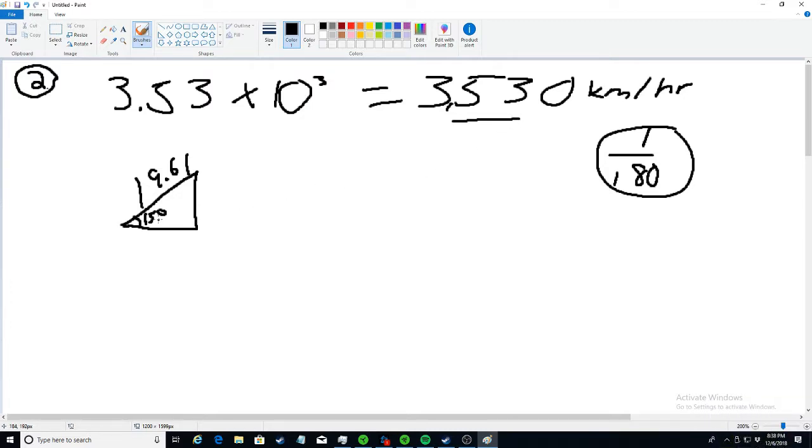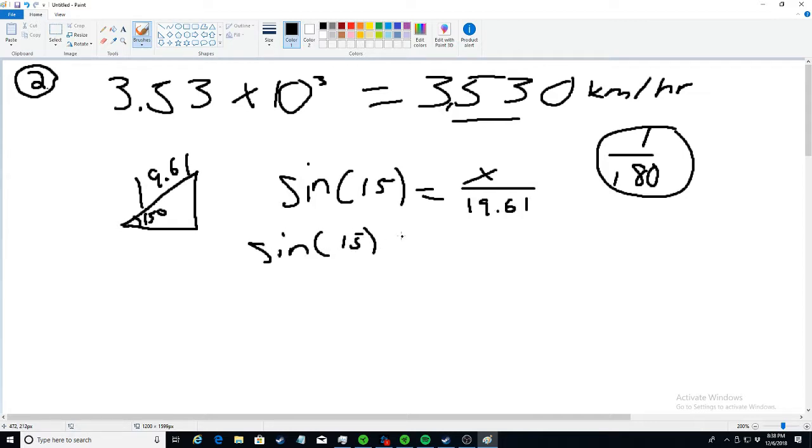And now we're just going to do trigonometry to determine these two sides. So we're going to do the sine first. I like to do the sine as its opposite over hypotenuse. So this is going to work out to being the sine of 15 times 19.61 is going to equal this side here. I declare everything as x because it's not really going to matter. So after you punch this in your calculator, make sure you are in degrees, not radians. You're going to end up getting a 5.08,